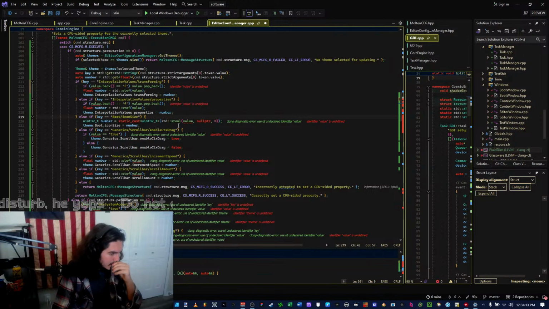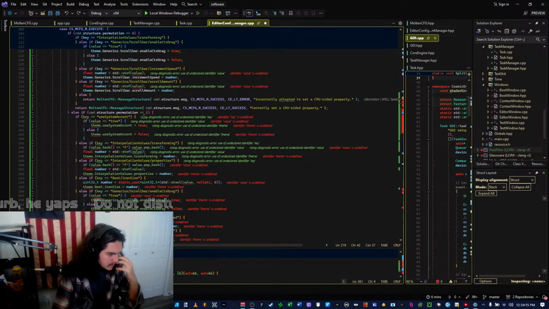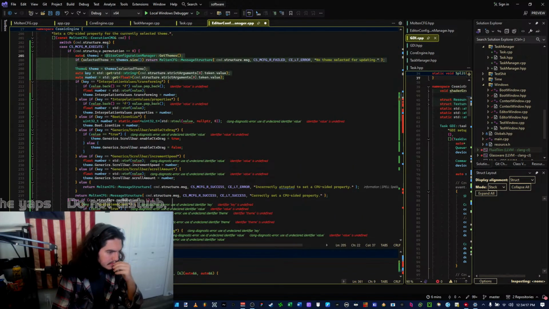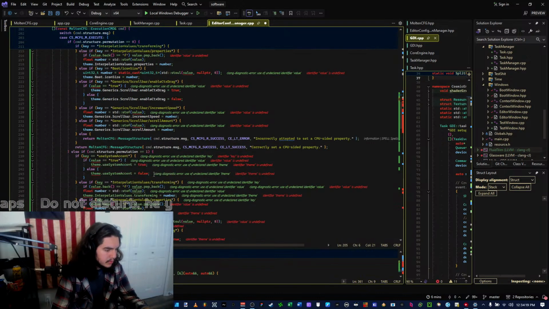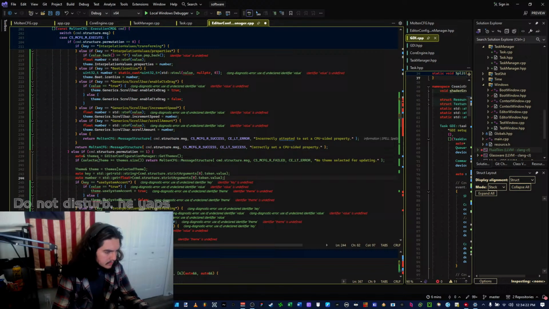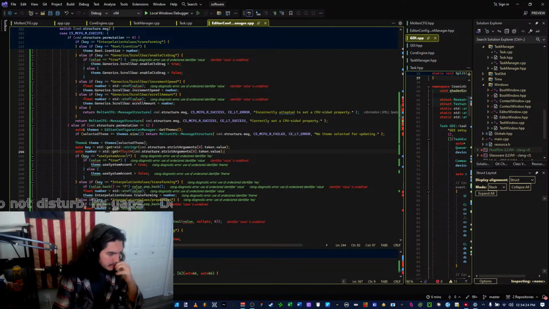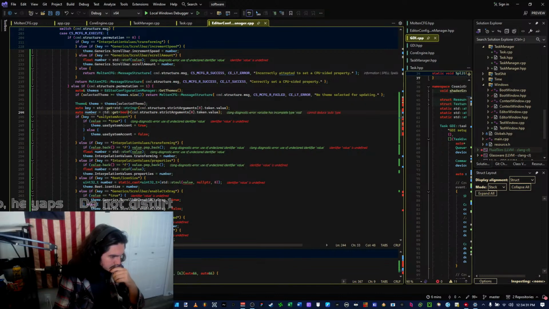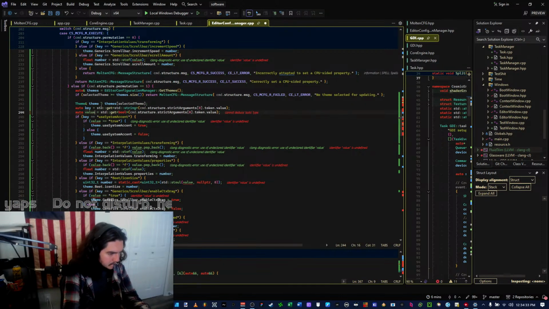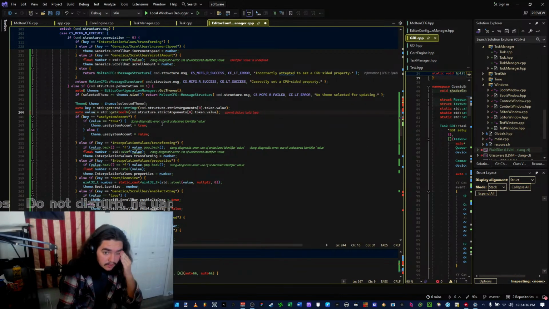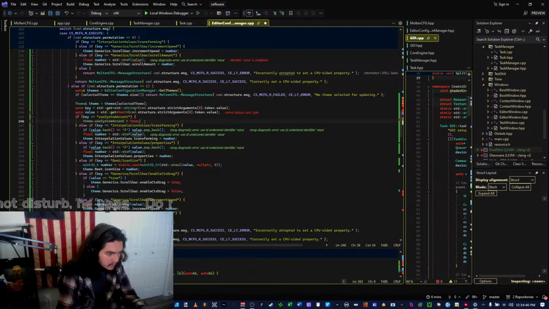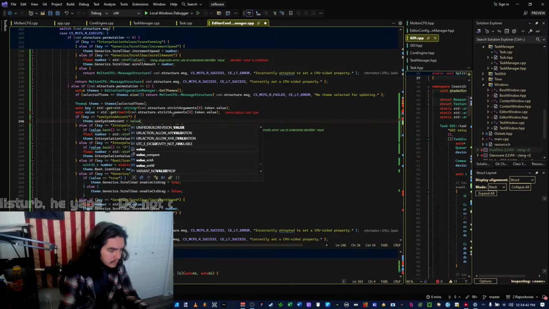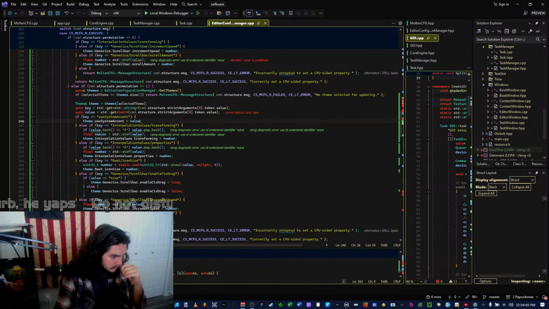So how about let's focus on the bool. So the boolean says this. This is a float.